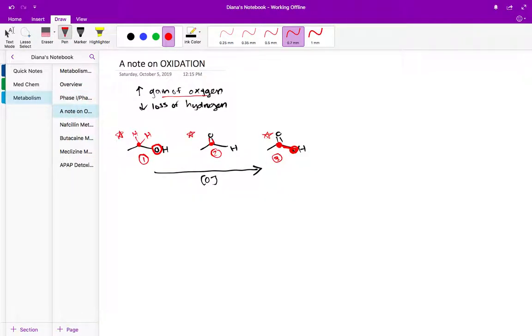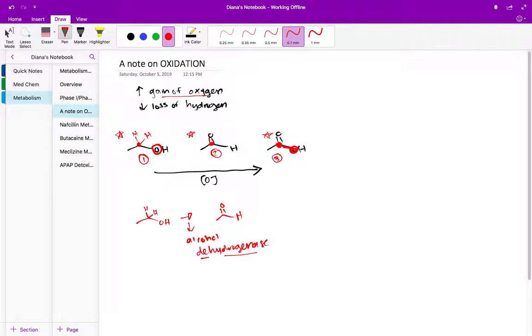So to go from an alcohol to an aldehyde, that is mediated by an alcohol dehydrogenase. So that makes sense now. It's an alcohol dehydrogenase. It's a loss of hydrogens. So that enzyme, alcohol dehydrogenase, is what's responsible for the loss of hydrogens and the gain of oxygen, right? And